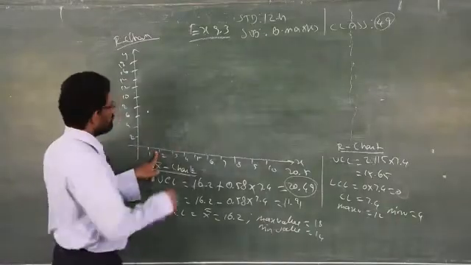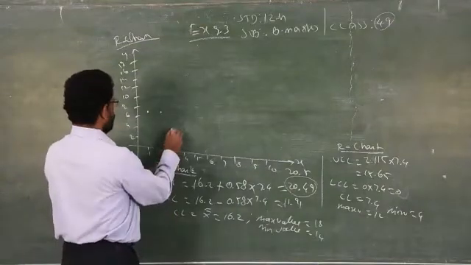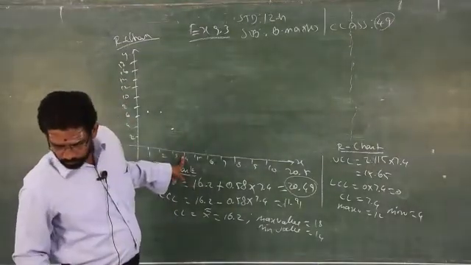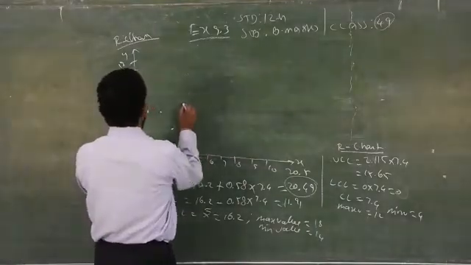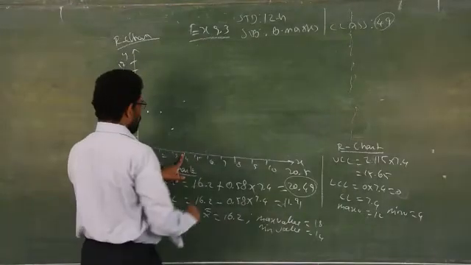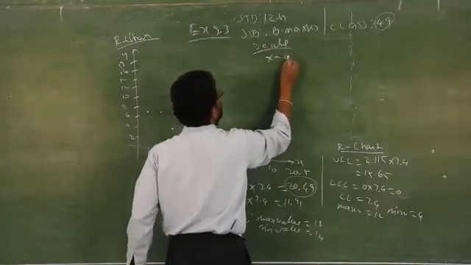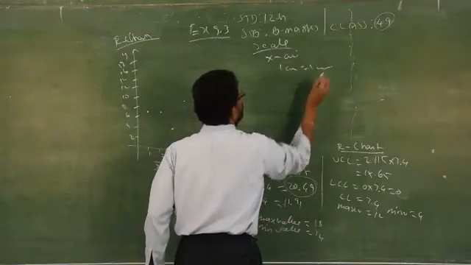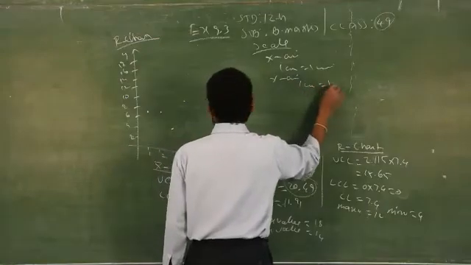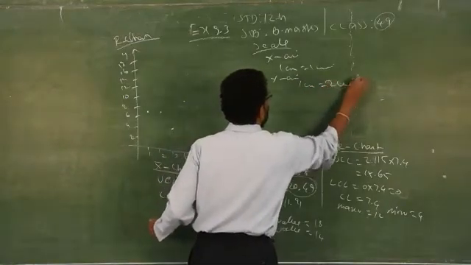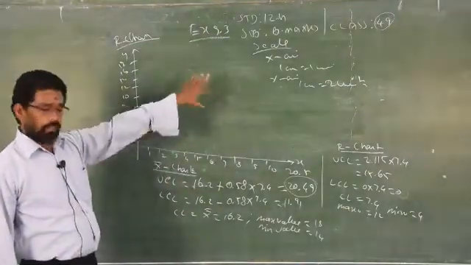Under 2, what is the range? 7. So again the same. Under 3, what is the range? 4. 3 to 4. What is the range for sample number 4? Sample number 4 is 9. So where will 9 come? 9 will come between 8 and 10. Boys, you have to write the scale reading. That is X axis 1 centimeter equals 1 unit. Then Y axis 1 centimeter equals, sorry, 2 units. I am taking 2 units here. That is very important. I did not write the scale for the previous chart, but you have to write it.